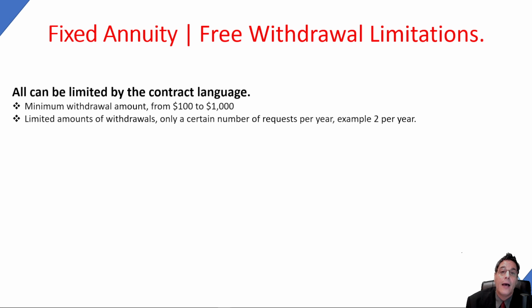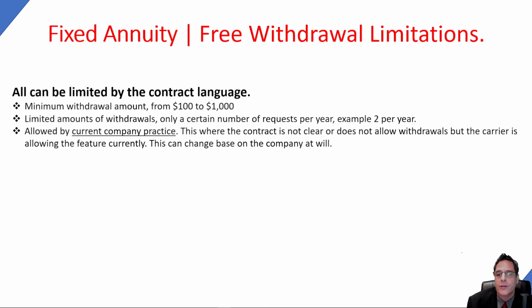It also might limit the number of times you can access it. So you can't go like 6 times in a year and say, I want 2%, 2%, and 1%. So they'll limit it to maybe 2%, 2 times a year on the withdrawals, how many you can take on those. So that's one of the limitations on the number of times you can access the contract per contract